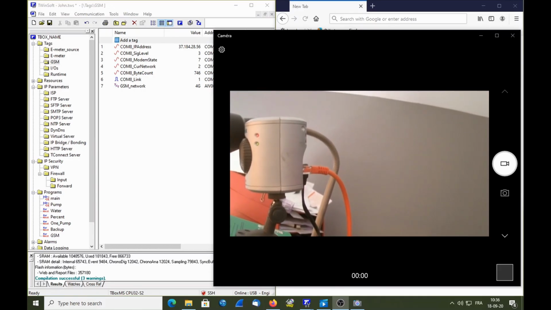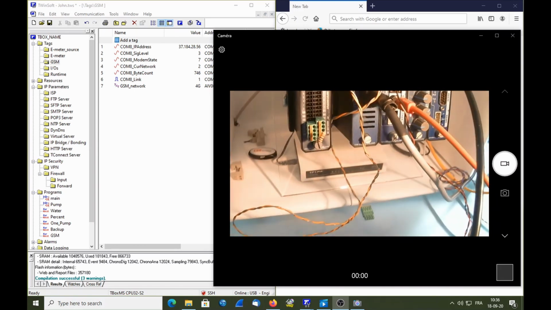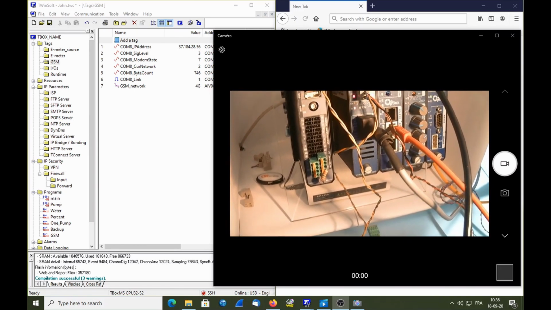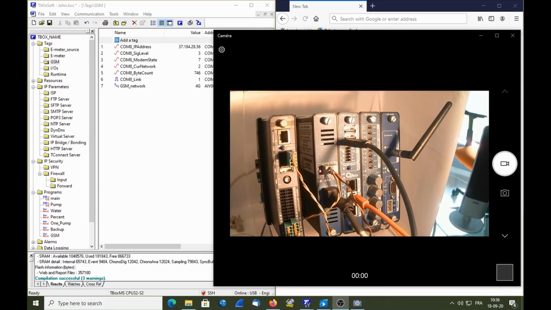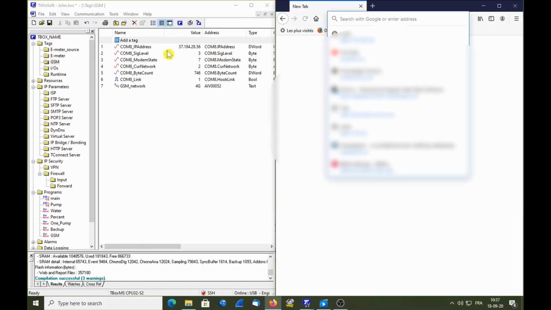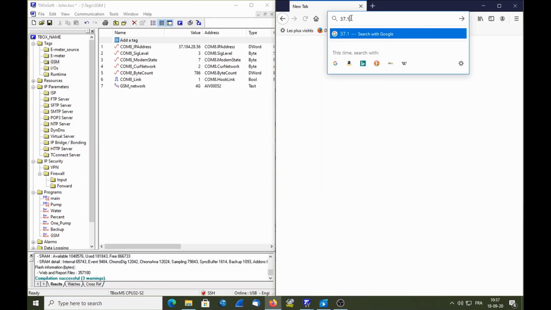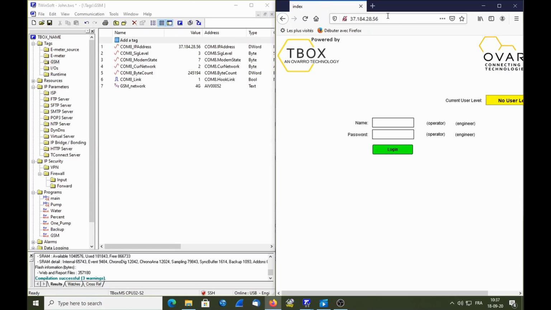Here is my IP camera with its Ethernet connection, which is cabled to COM3 of the CPU, and I will access it through the IP of the GSM. So let's open a browser, and from the browser let's type the IP address I have received here from the GSM, which is 37.184.28.56. So when you type an IP address of Tbox without mentioning anything, the browser will automatically connect to the